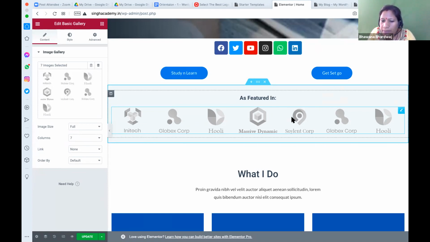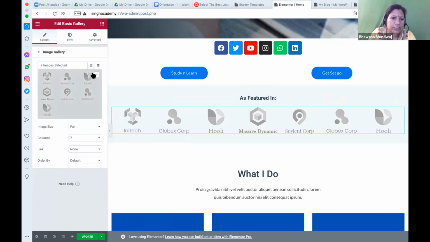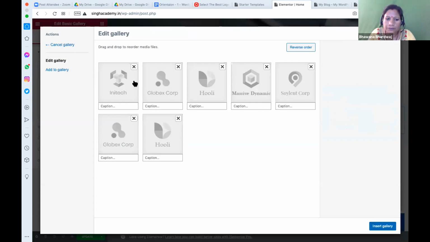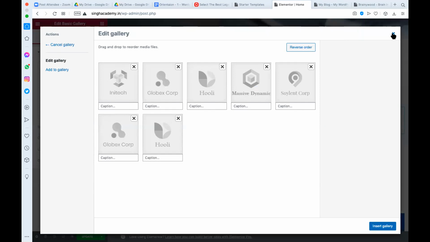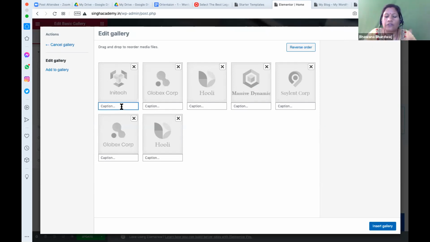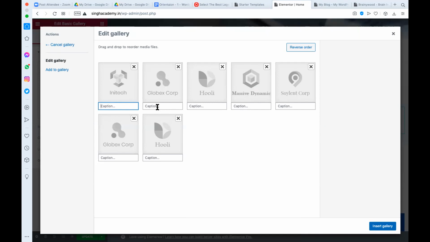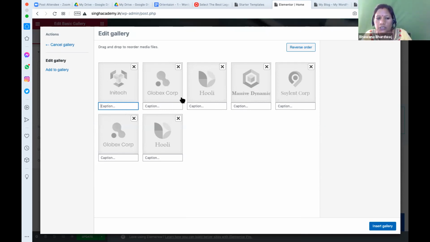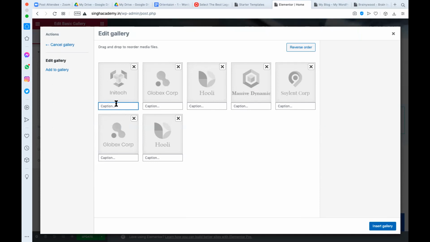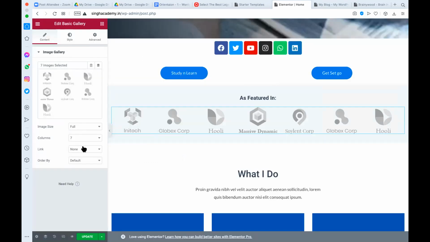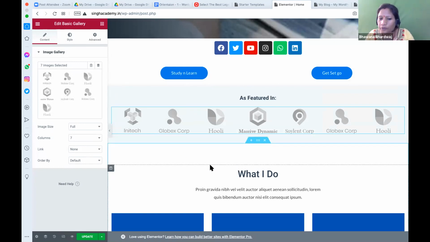If you want this image gallery to be your own, you can click on edit, go to the image section and add your own images, uploading from your desktop or laptop. And you can write a caption for each, for example what the first association is. Each image has a corresponding caption, which is going to appear with the image. You have to practice that a little.